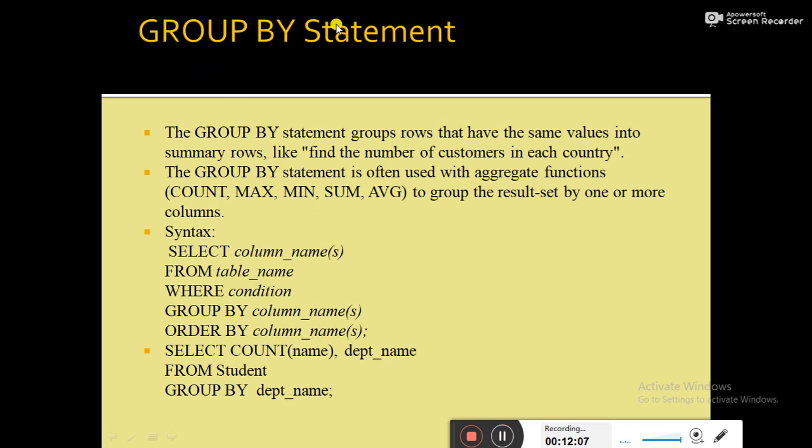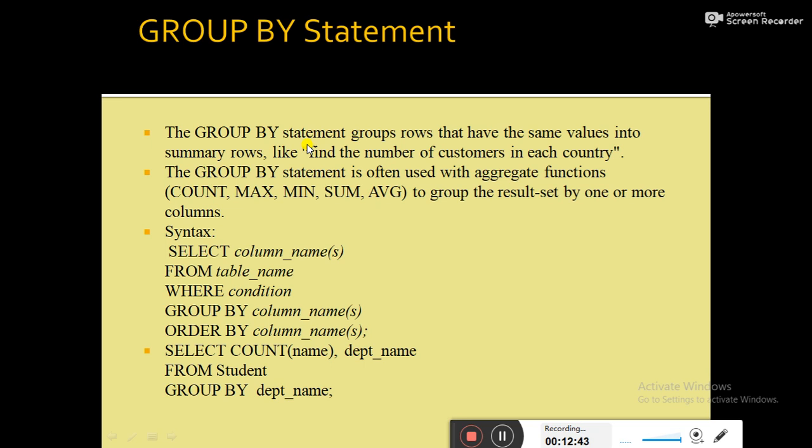The next topic is the group by statement or group by clause. The group by clause is used to group the rows based on a particular attribute. That means in a relation multiple records are there. Now the multiple records may be grouped together based on a certain attribute. That means in a relation, to group together the records against a particular attribute, we have to use the group by clause.